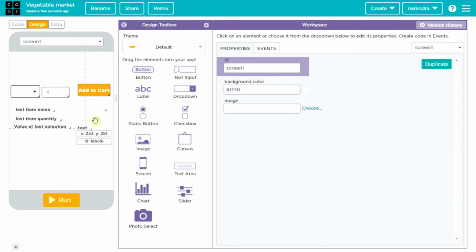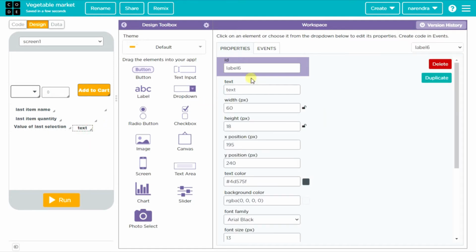Make sure that it is fit enough to display the quantity. Remove the text, make this as last selection value. Remove this, expand this, resize this in such a way that it is fit enough to display the value.